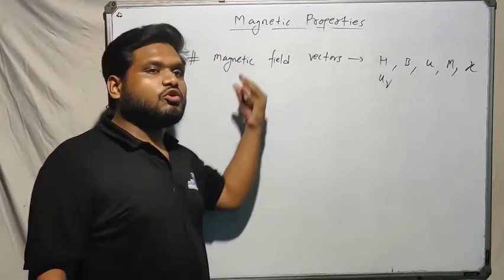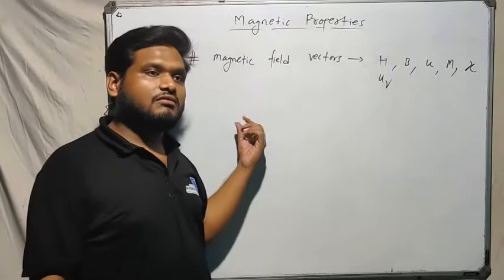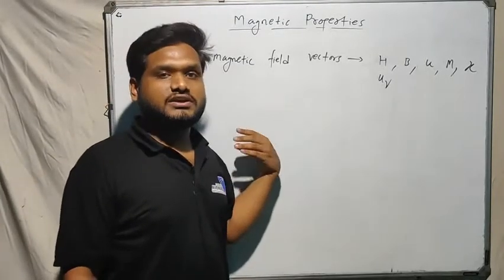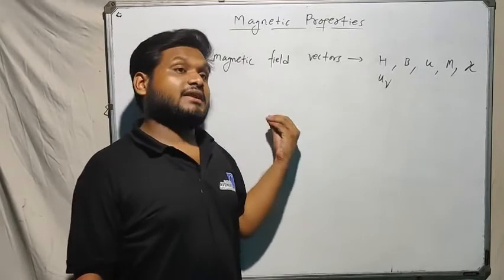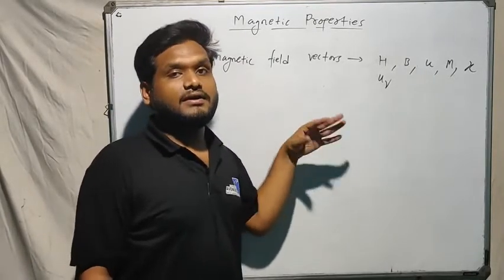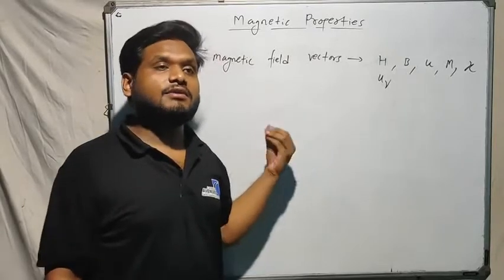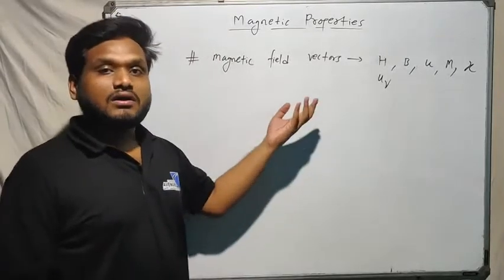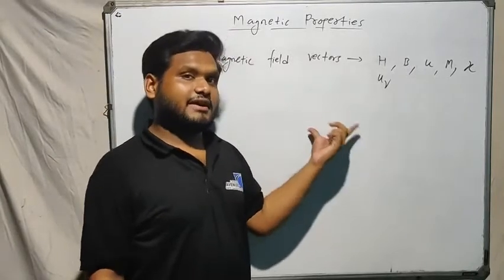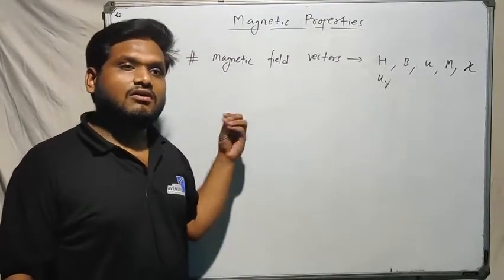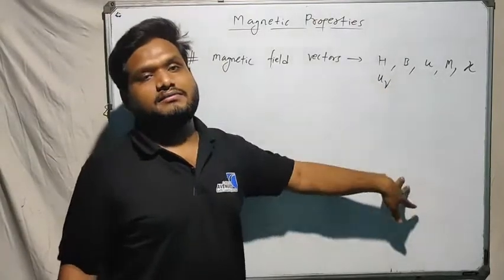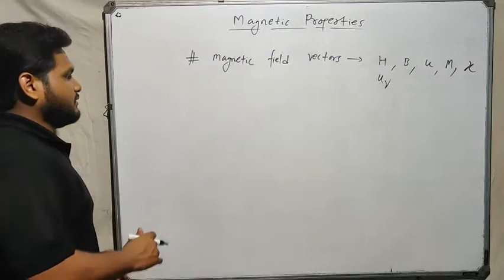Copper is what category of material? Why is it a magnetic material? What are the various properties it shows? When a magnet or a magnetic field is present and you put copper in that field, the way it will behave, whether it will be attracted, whether it will be repulsed, whether it will feel an attractive force or a repulsive force, all those things depend somehow on these properties. They characterize the magnetic behavior. So you have to understand that.